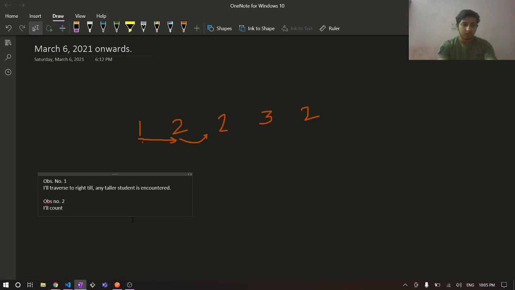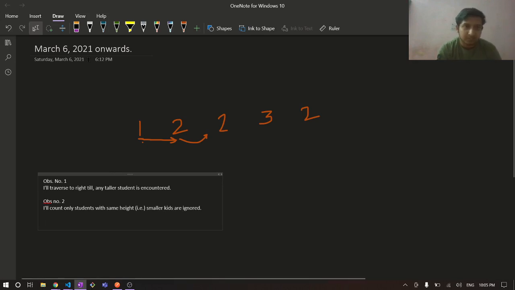I will count only students with the same height, that is, smaller kids are ignored. Okay, and what next observation can I make? You see,